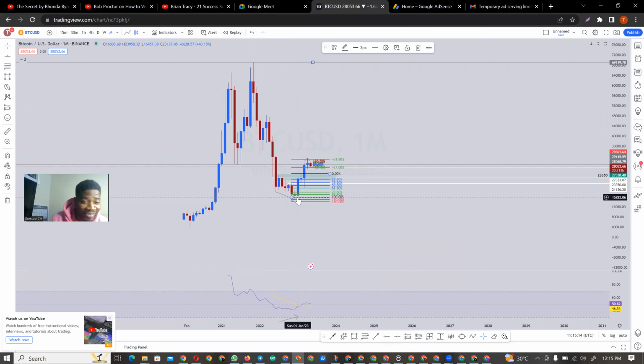A lot of people say we have entered a bull run, right? Fine and good. We have taken out this lower high, and once a lower high or a higher low is taken out, it shows a trend reversal. Yes, some people might be right saying that Bitcoin has reversed, Bitcoin is going up, this and that, but whatever goes up must surely come down. That is the law of gravity. So Bitcoin is moving up already. We have taken this out.